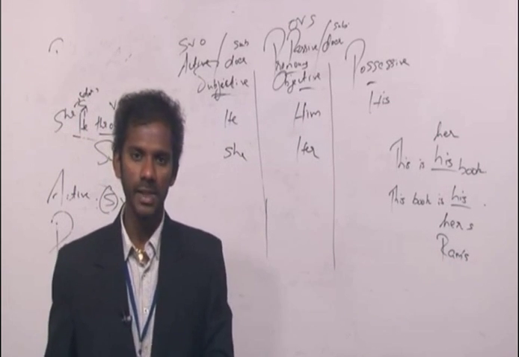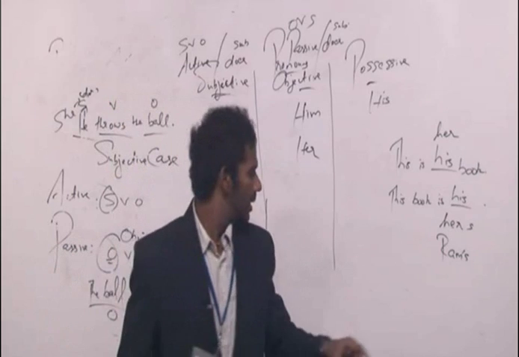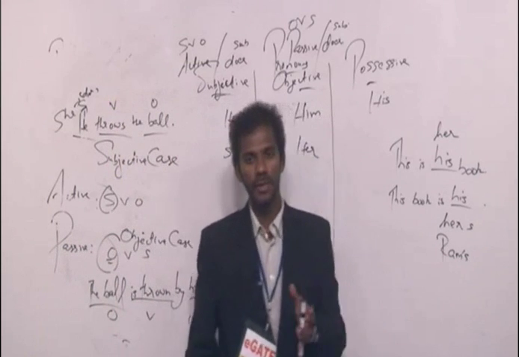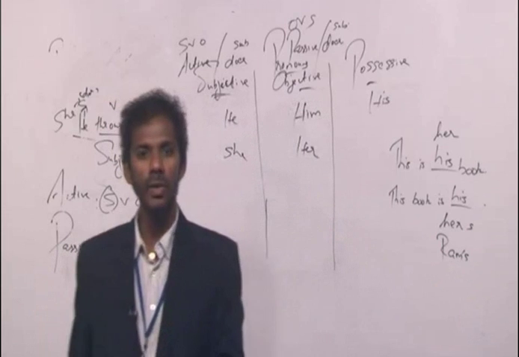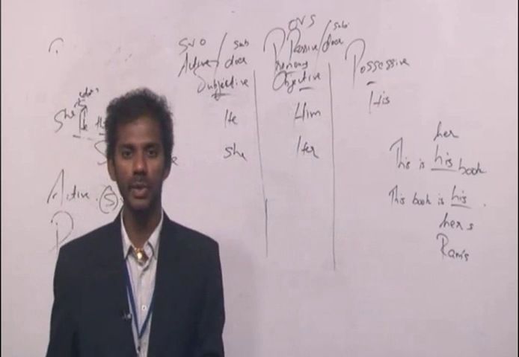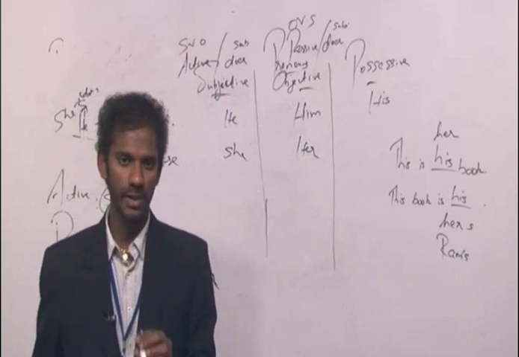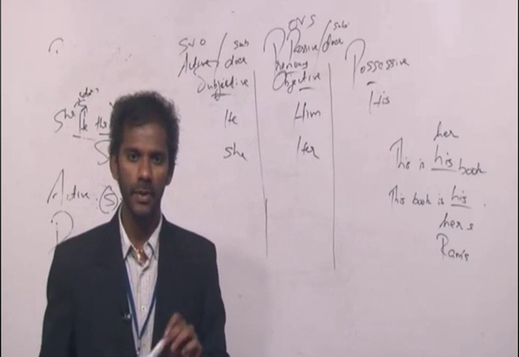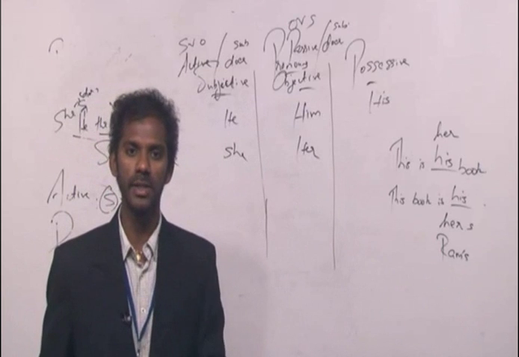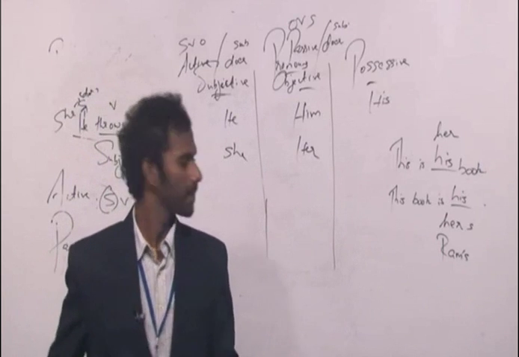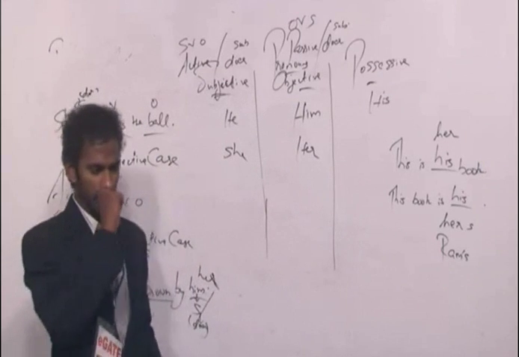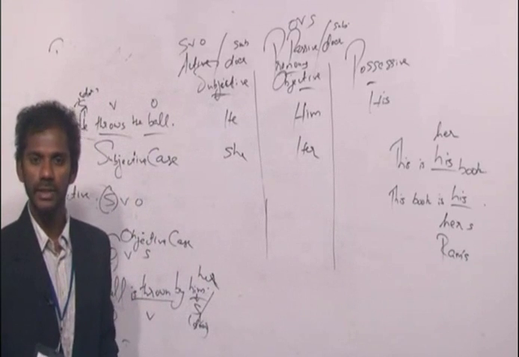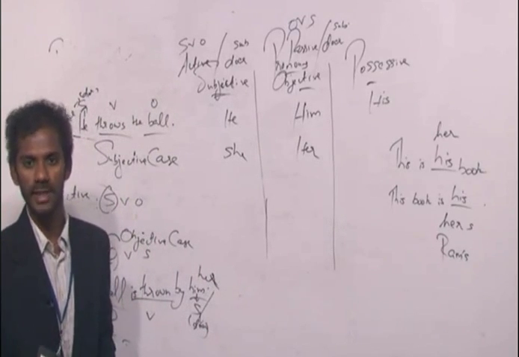Whereas, if possessive case is shown using a noun, Ram is a noun, not a pronoun, then apostrophe must be used. That is the rule. So if possessive case is shown using a pronoun, apostrophe should not be used, whereas if possessive case is shown using a noun, apostrophe should be used. Clear? Now when you end a letter, you write yours lovingly, yours sincerely, yours faithfully, etc.